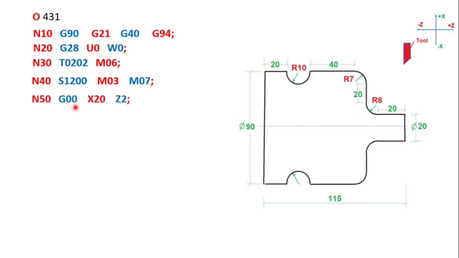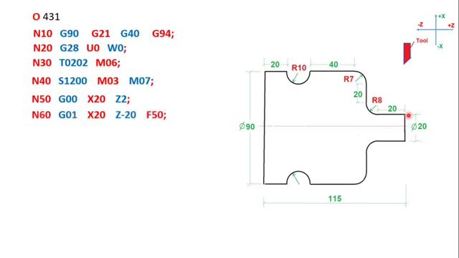Then first we will move with G00, that is the rapid motion, we are moving to X20 and Z2. So what happens, X20 is at this position, so initially we have to remember this is the complete 90 diameter, and the complete block is 90 with a length of 115. So first the tool will come to X20 Z2, near this point, slightly off, so a 2 millimeter offset will be there.